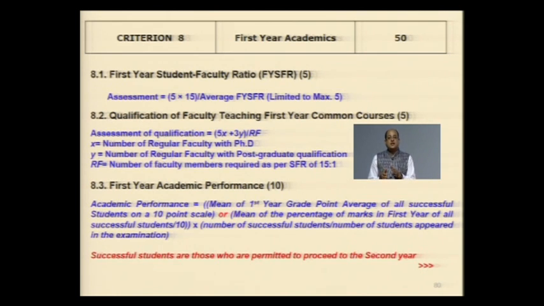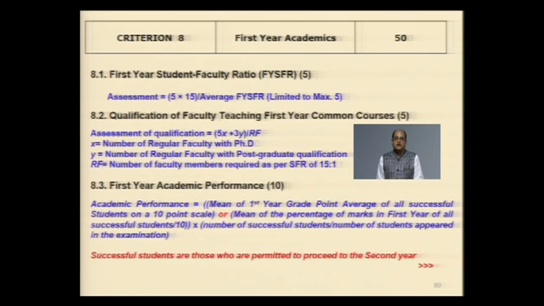Earlier what was happening, that 69% of the time committee was I will say investing or utilizing in seeing presentation, meeting stakeholders. So only 30% time collectively to look at all the documents, facilities, and so on. So it was very difficult to look at. So qualification, first year teacher student ratio, the weightages are less, but the calculation will be as we have seen in the program level assessment.